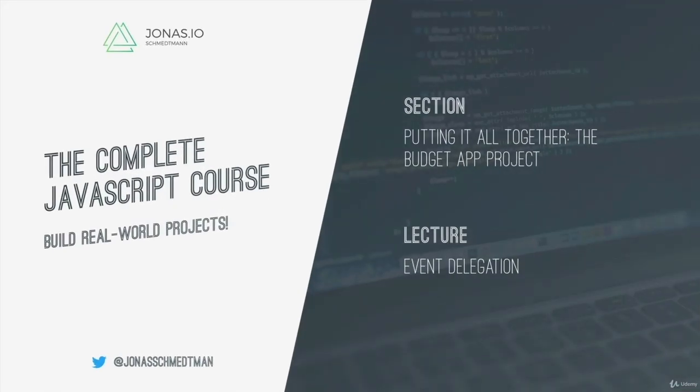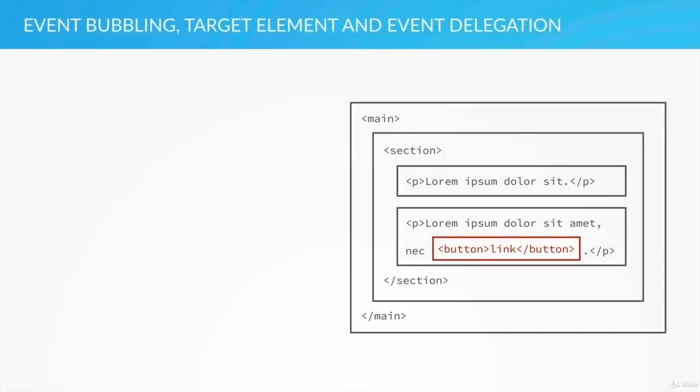Before we can start implementing our code to delete items from our application, we need to talk about something called event delegation, which is a very important and much used concept in JavaScript programming when we interact with the DOM. In order to talk about event delegation, the first concept that we need to talk about is event bubbling. And event bubbling means that when an event is fired or triggered on some DOM element, for example